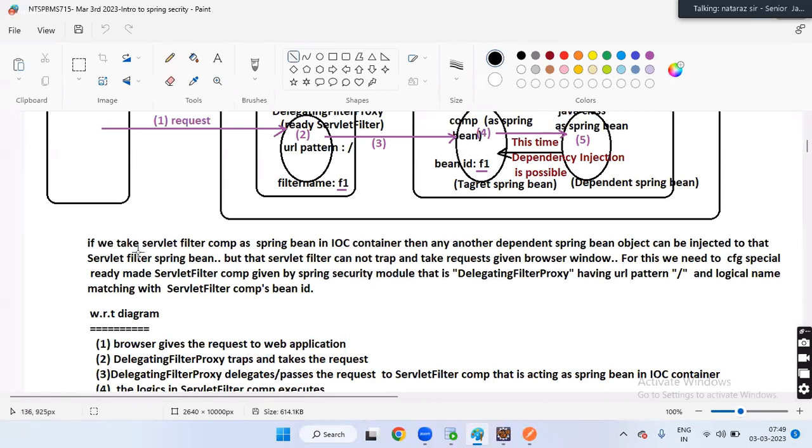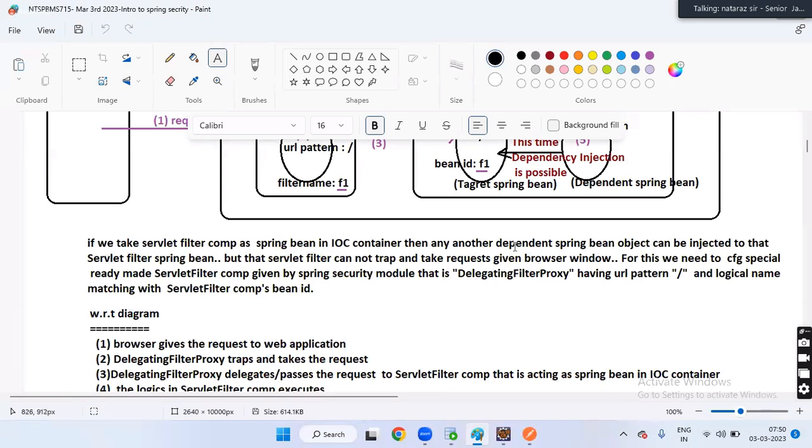Super. If you take the servlet filter component as a Spring Bean in the IOC container, then another dependent Spring Bean object can be injected into that servlet filter Spring Bean. But that servlet filter cannot trap and take the request given from the browser window.